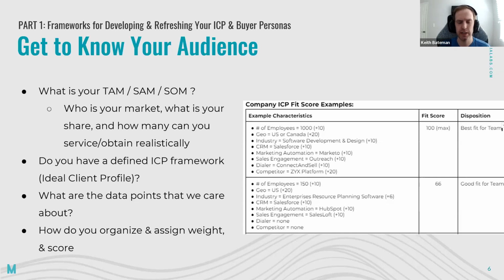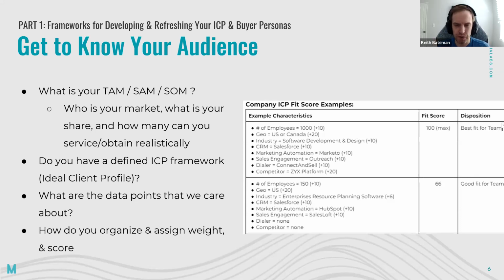This may mean different things to different people. Some companies I've worked with, their ICP is composed of what industries they go after, their location, and employee size. It's three things. Now, for you, that may be okay. That's three identifiable factors of who we target. But ideally, if we're running effective ABM campaigns, we really want to go even deeper in defining our ICP frameworks, or we want to refine what we already have and make sure we're refreshing those campaigns on a quarterly basis, or at least every 6 months.